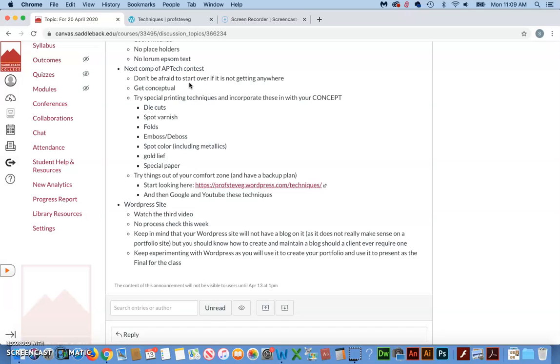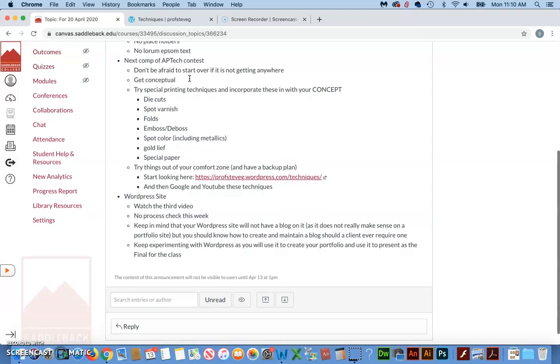At this point, you can have a max of 2 comps that you're showing, which can either be 2 totally different directions, totally different concepts, and everything about it is different, and then we just have to narrow it down to 1, or it can be 2 variations of the same comp, or it can just be one good one that could get you 36 out of 40, or maybe more if it's really super solid, that the effort's there. But the best way to cinch a 40 out of 40 or a 39 out of 40 is to do